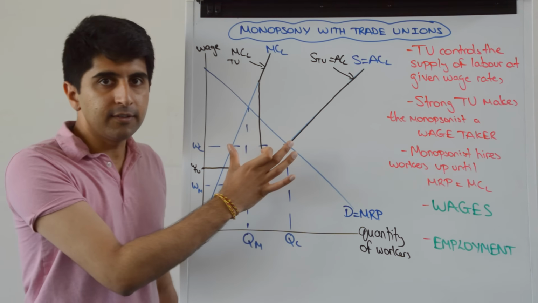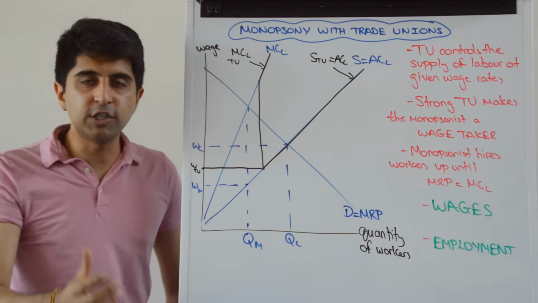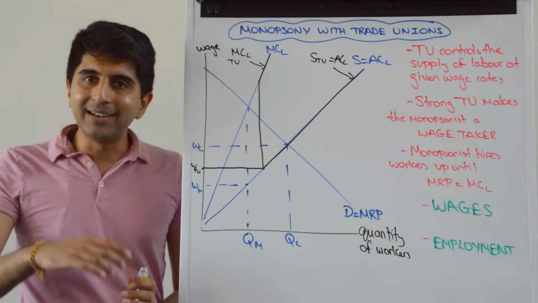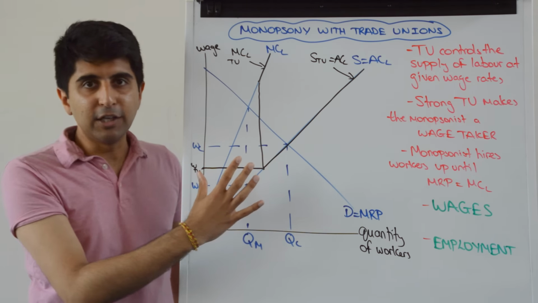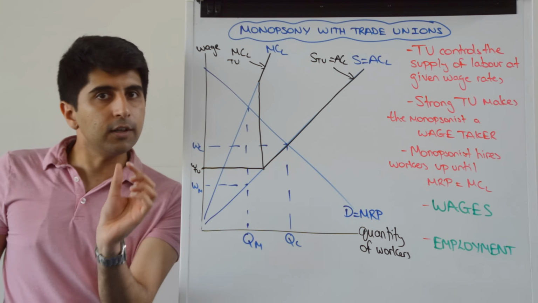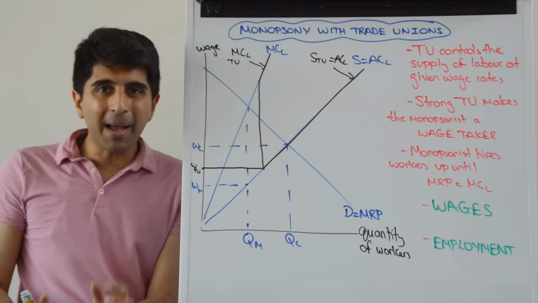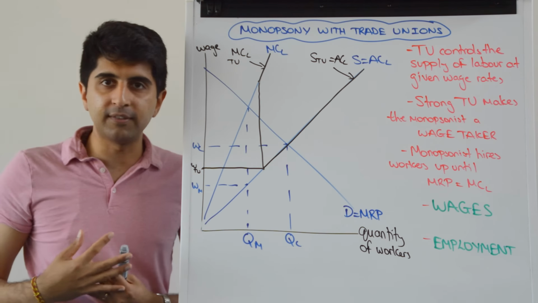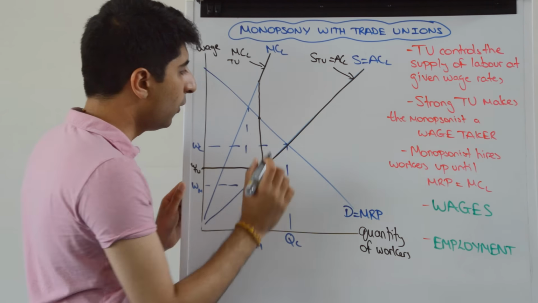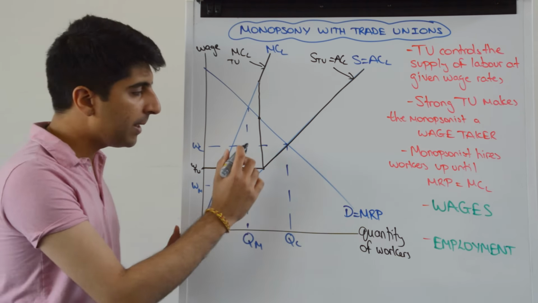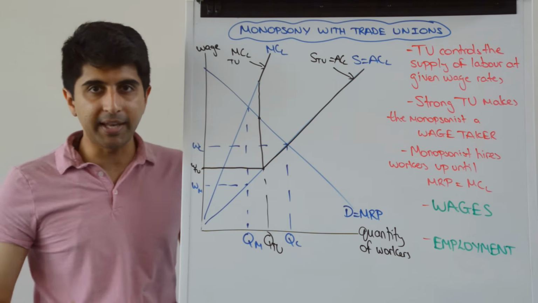But now, having drawn these two curves, the average cost and the marginal cost curve, we can now go back to our original monopsony condition and understand where the quantity of workers comes from. The monopsonist, we know, given these new conditions, given these new curves, will still hire up until where MRP equals the marginal cost of labour. That maximises the profit that the monopsonist brings in from hiring workers. And that point occurs here, where MRP equals the marginal cost of labour, and that gives us a quantity of workers, call it TU. So that's now employment in the monopsony.